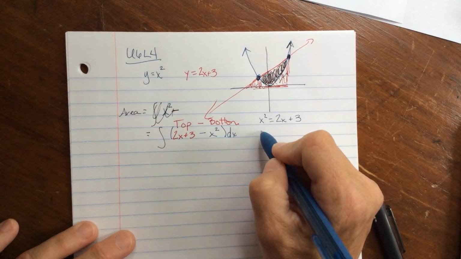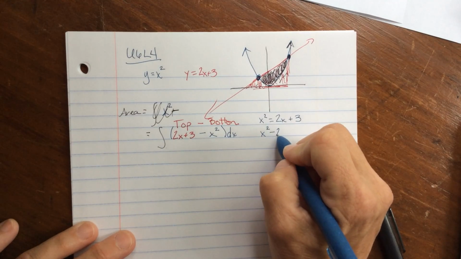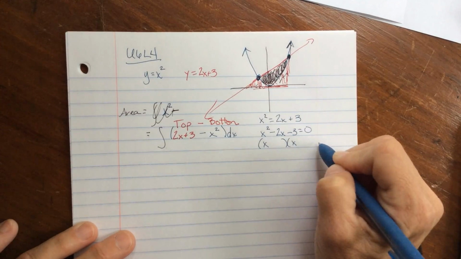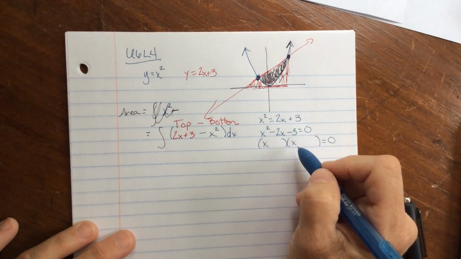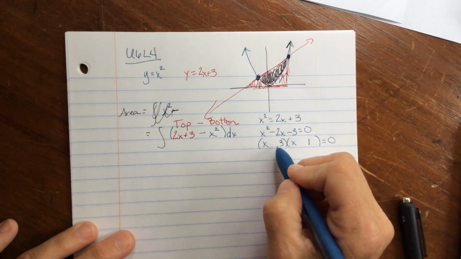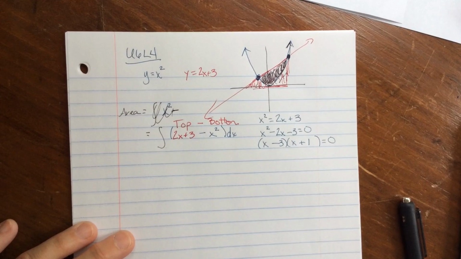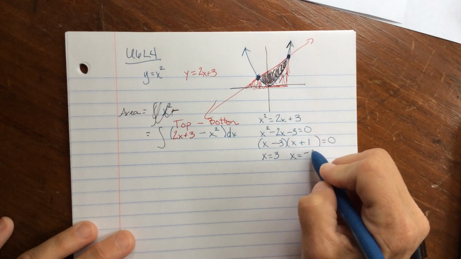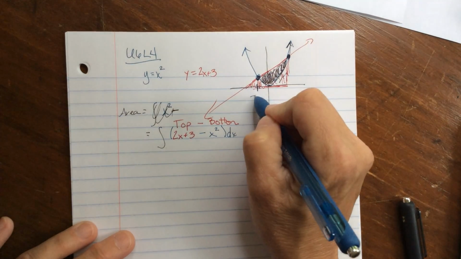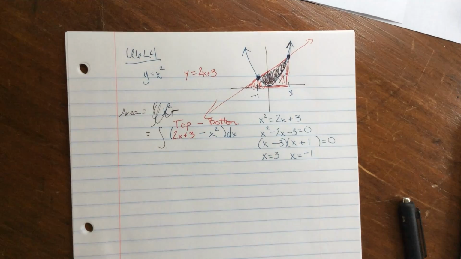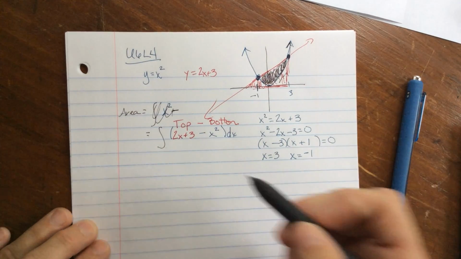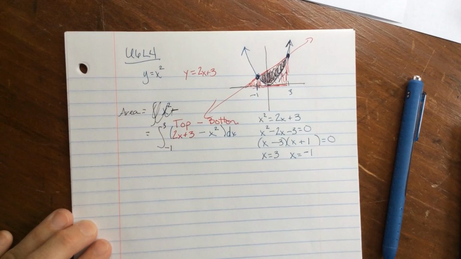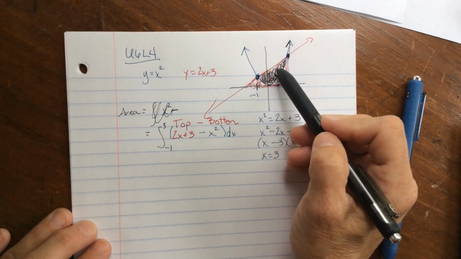I will subtract to get the quadratic all on one side, and I will factor. When I factor, I'm going to put a 3 here and a 1 here, minus and plus. So I get two intersections, one at x equals 3 and the other at x equals -1. This is the -1 and this is the x equals 3. So our lower bound will be -1 and our upper bound will be 3. We've got everything we need,